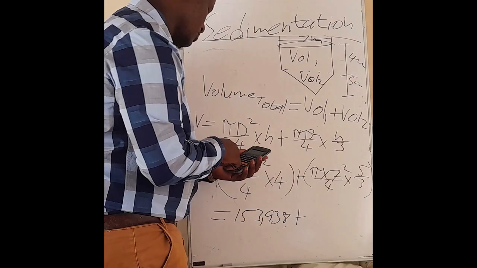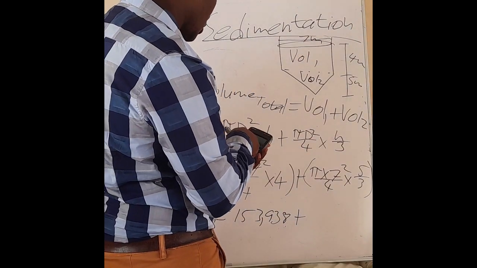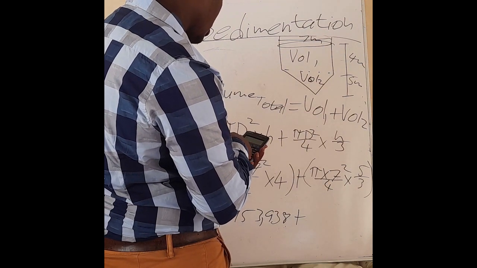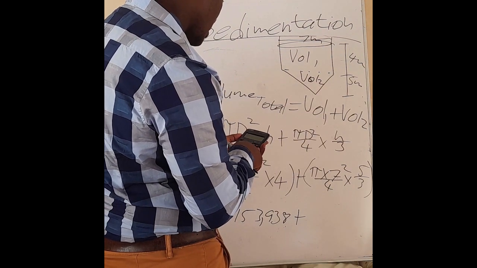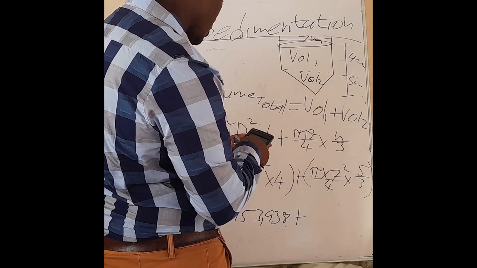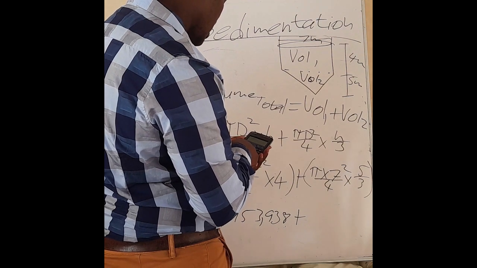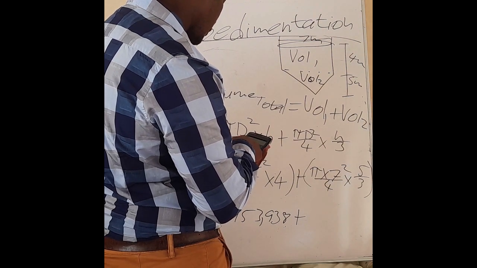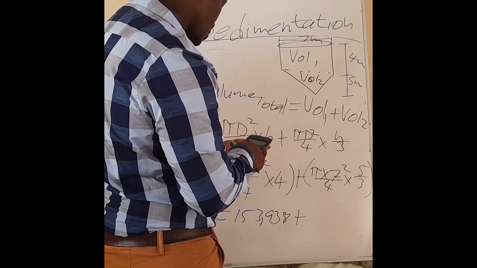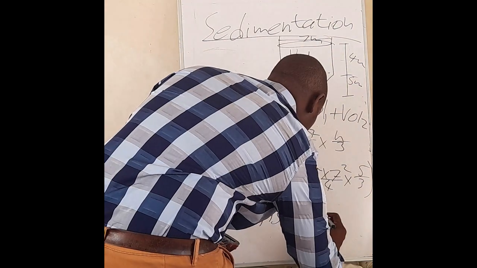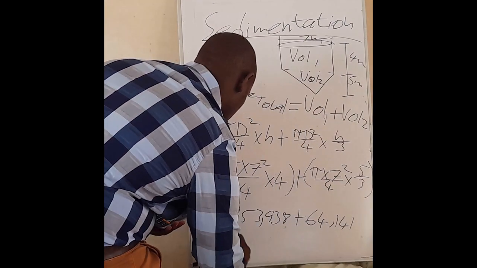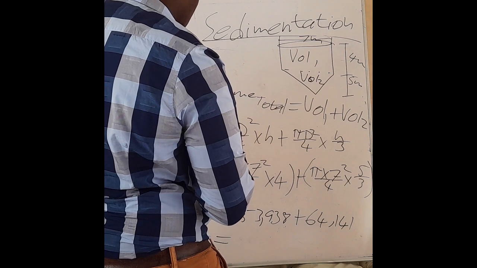And then the second volume. So let's just quickly store that. Our second volume would then be pi times 7 squared over 4. Multiply all of that by 5 over 3. And that comes out to 64.141. So the total now comes to